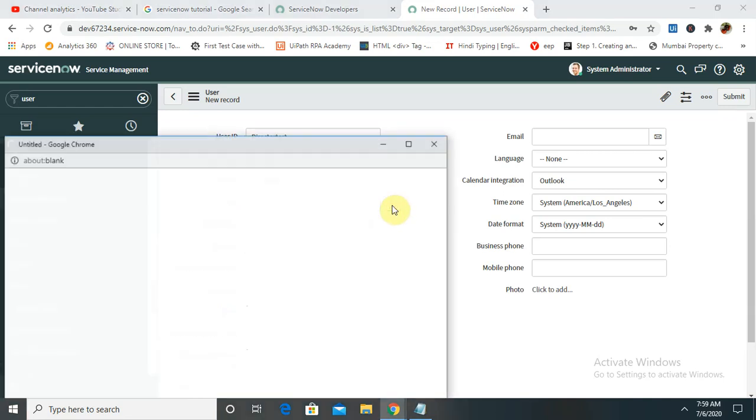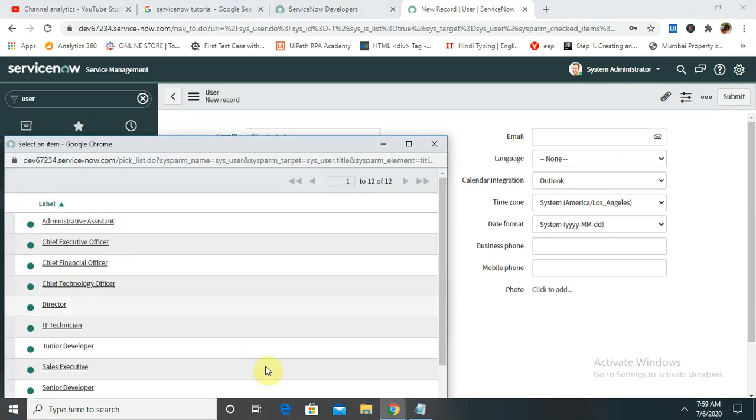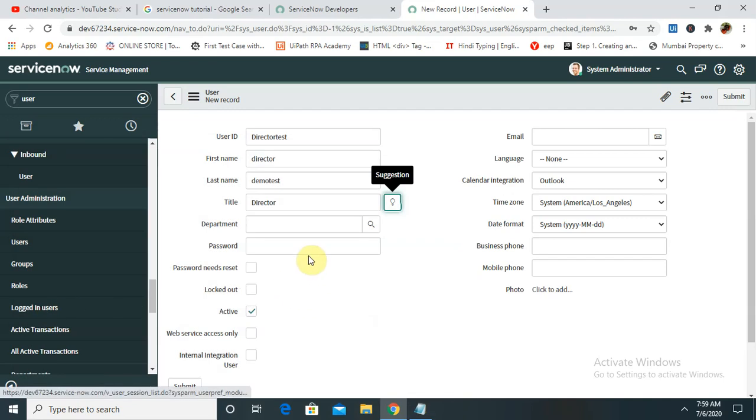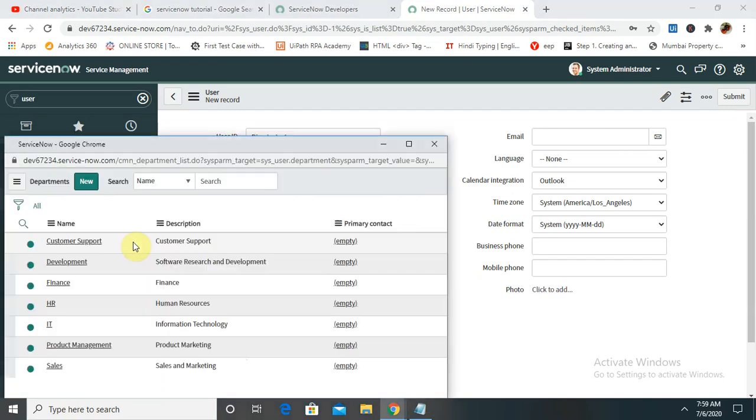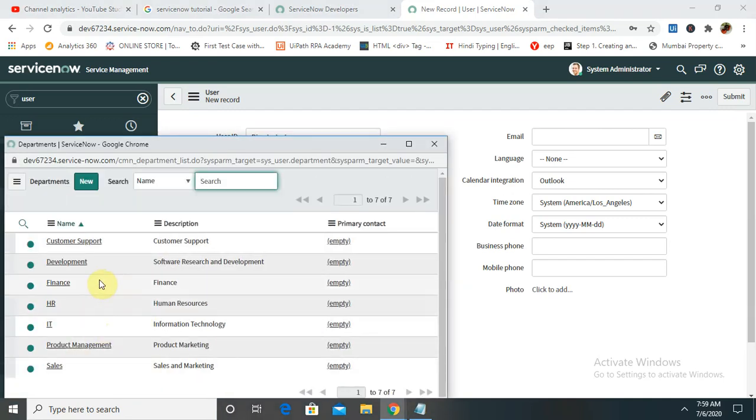Title you can search from here and just click on this. Department: the director is always from product management or it will go from finance, totally dependent on the director person.